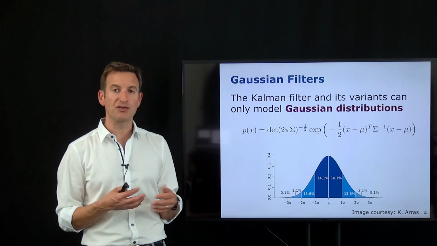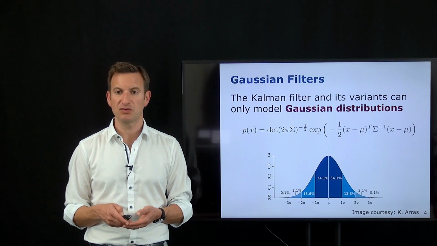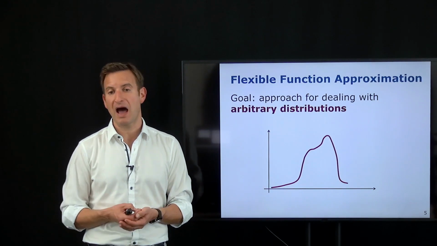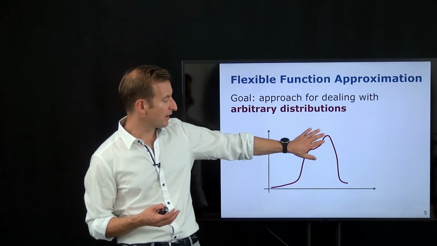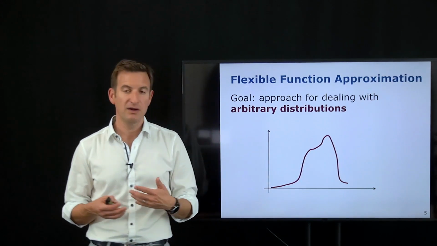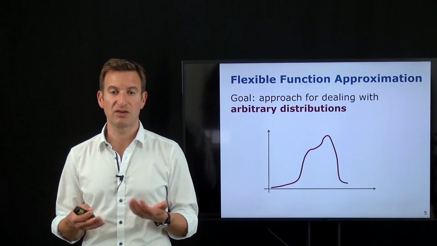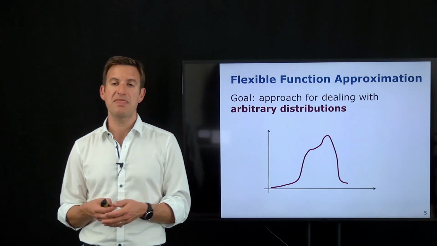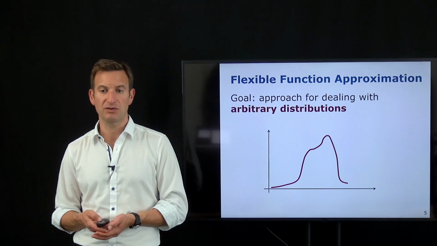We want to leave the Gaussian world behind today and look for an alternative way of representing this probability distribution. And we want to be as flexible as possible, so we want to estimate or represent arbitrary distributions. Consider we have a function which looks like this. That means we have a high peak over here, but also some kind of plateau of a probability distribution over here. And that may be a distribution that could occur in the real world. The question is, how can we represent it? How can we describe a function of that form and at the same time do efficient state estimation with it? And that's what we want to talk about here today.